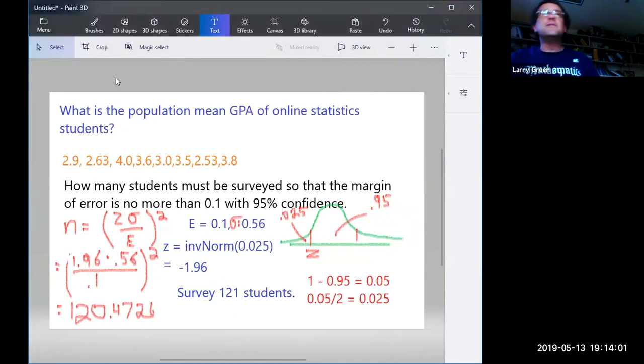Okay, I don't have time to do big full examples, but I want to let you know that I could ask the same question with proportions. So if it was a yes or no question, we're going to have a different formula. First thing, there is no sigma for a yes-no question, right? There is no standard deviation when you have a yes-no question. So it's not going to be the same formula. There's going to be 2 formulas. So I'm going to erase all of this stuff, except for this one formula, or at least some of this stuff.